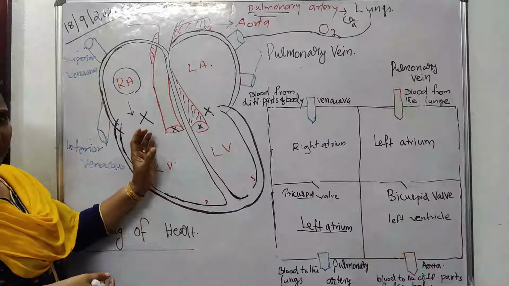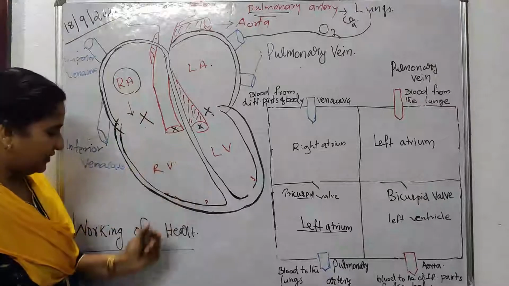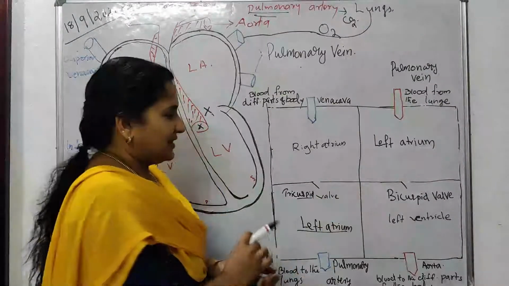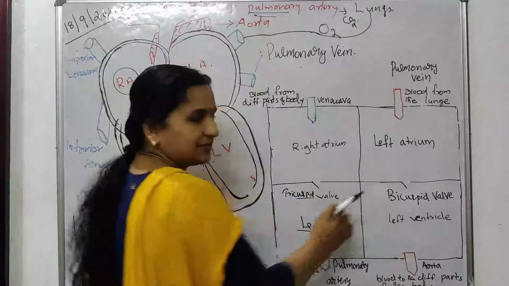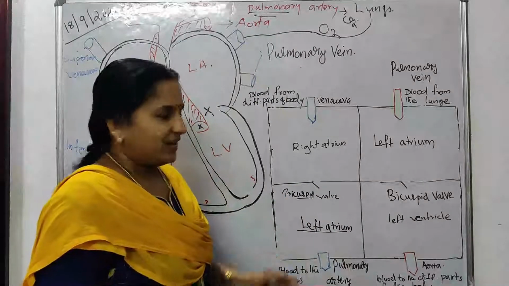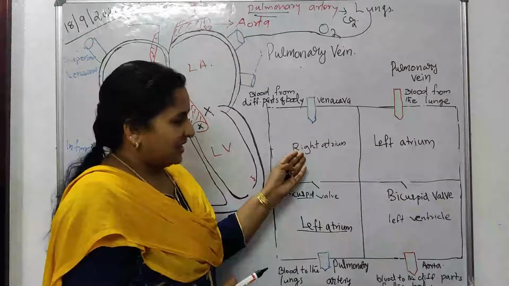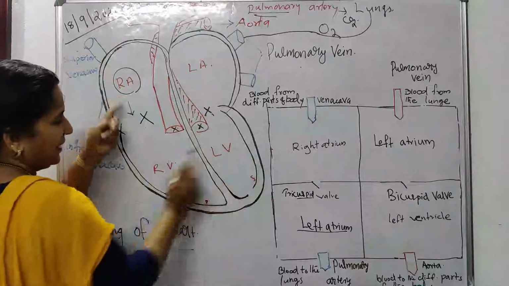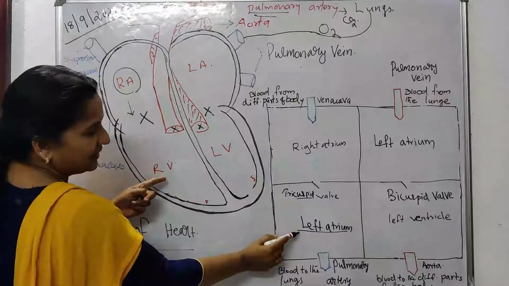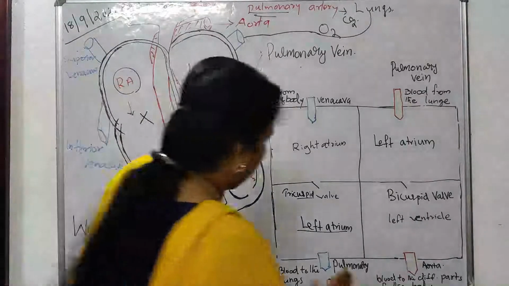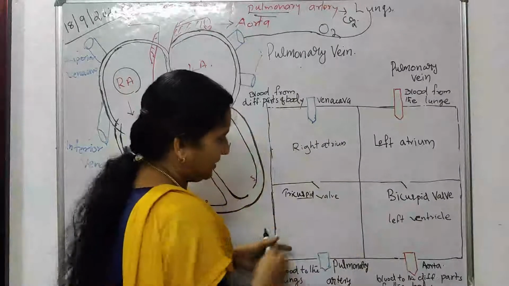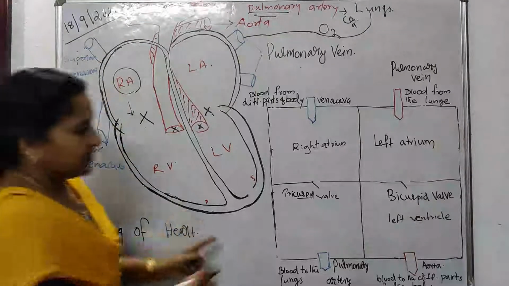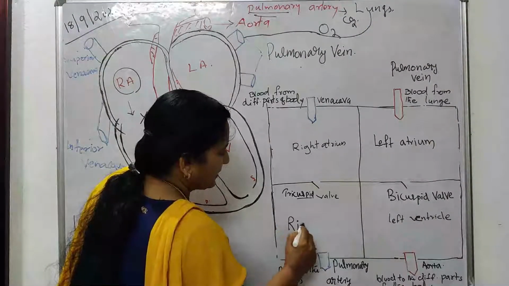In order to understand in detail about the working of the heart, here is another flow chart. You imagine these are the 4 chambers of the heart. This is a diagrammatic sketch. If these are the 4 chambers of the heart, we can name them based on this: right atrium, right ventricle, sorry, by mistake it is labeled wrong. So right atrium, so here it is right ventricle.